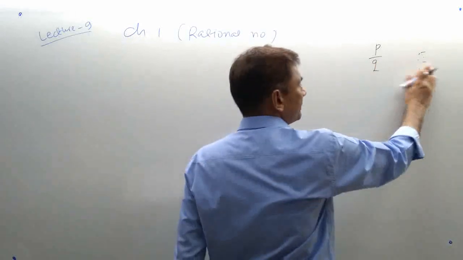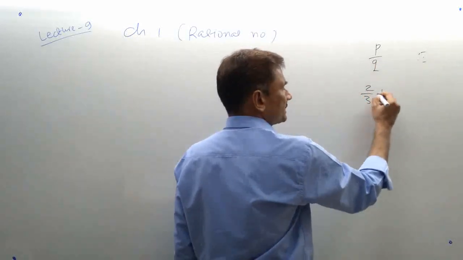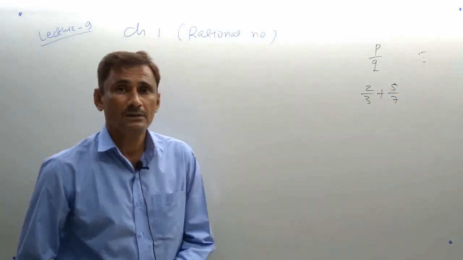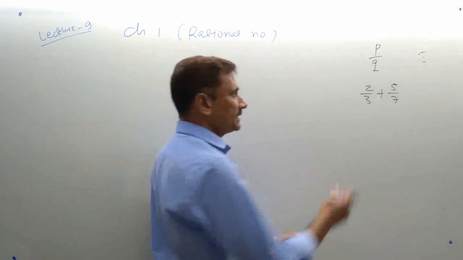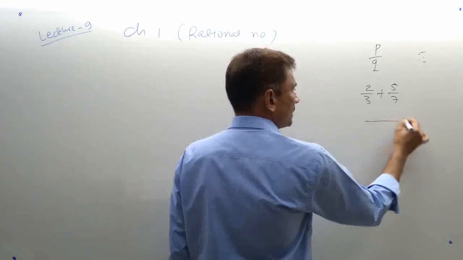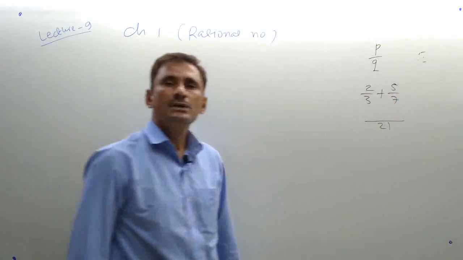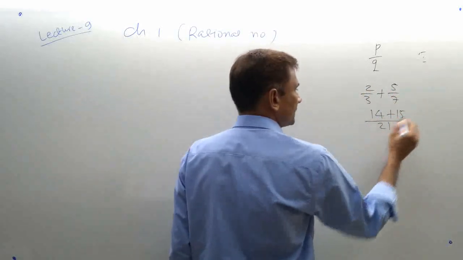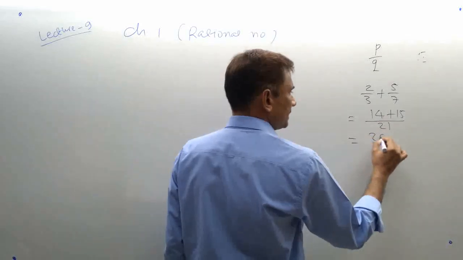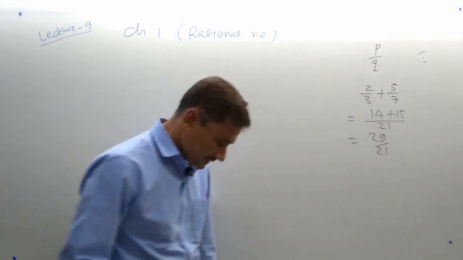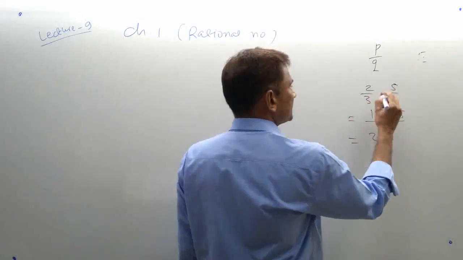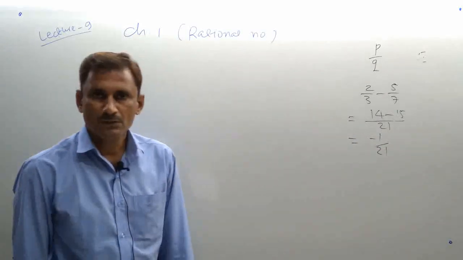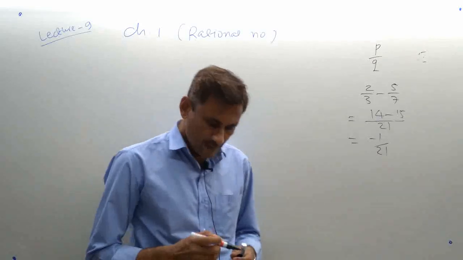So how to add them, that you know. Suppose 2 by 3 plus 5 by 7, then first of all we should make the denominators equal by taking LCM. How to take LCM, that also you know. Otherwise, for two fractions you can do cross multiplication also. Both processes remain the same. So 7 twos are 14 plus 5 threes are 15, so it will be 14 plus 15, 29 by 21. Your answer should be in simplest form. If it is minus, then same way only, here will be minus. So it will be minus 1 upon 21. So the main topic we have practiced so far is this only.